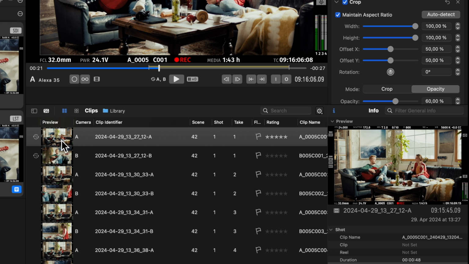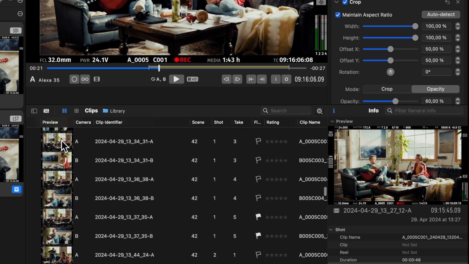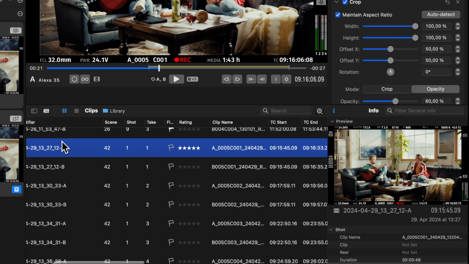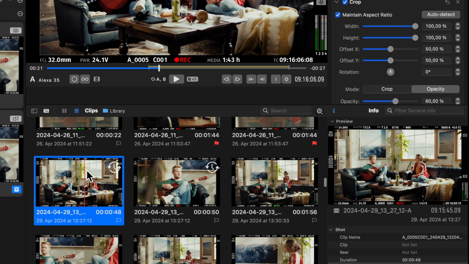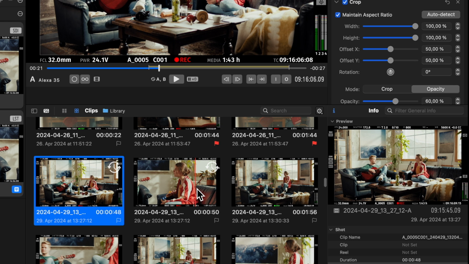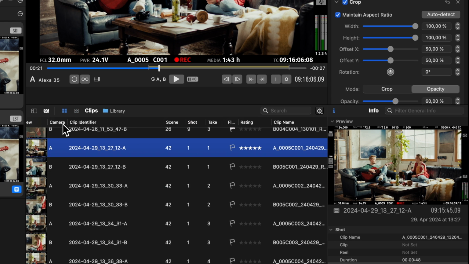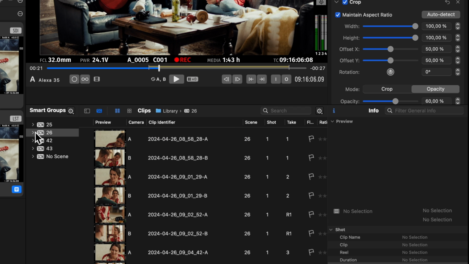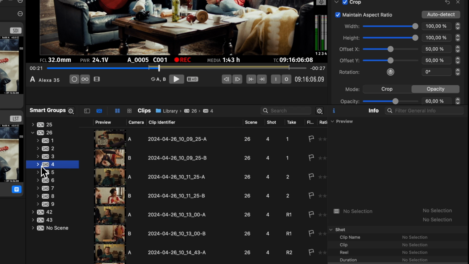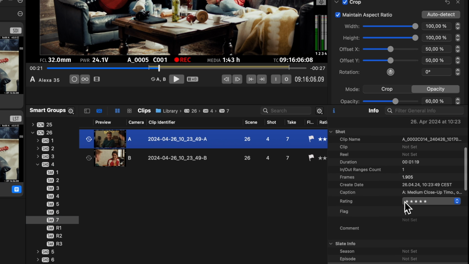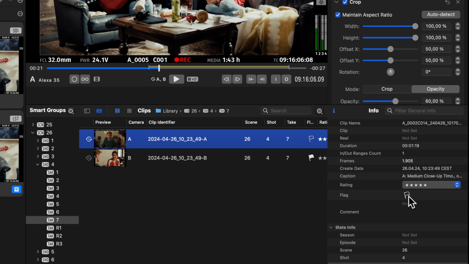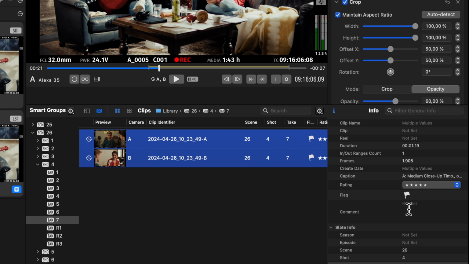The library allows you to reveal all the clips you recorded during your project quickly. You can view your clips in a table view with metadata columns or switch to a collection view for a visual search with skimming. Features such as smart groups help you to quickly find relevant clips by outlining the library based on metadata such as slate info. In this detail view, you can inspect and edit the metadata of the selected clip or multiple selected clips. We will come back to the clip library later.